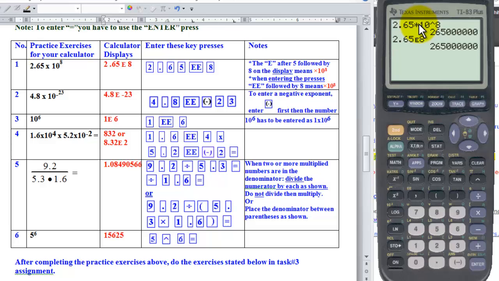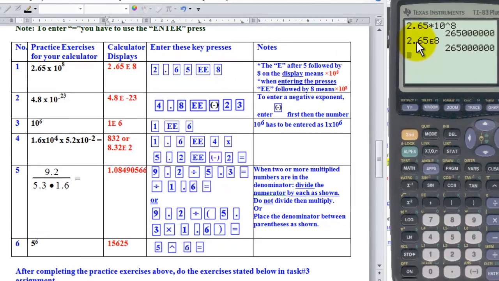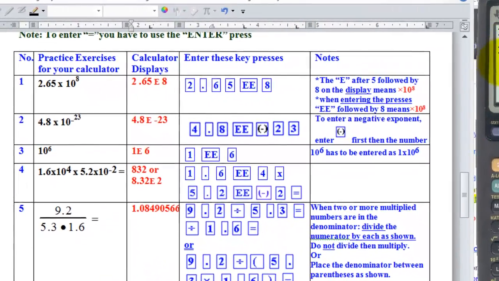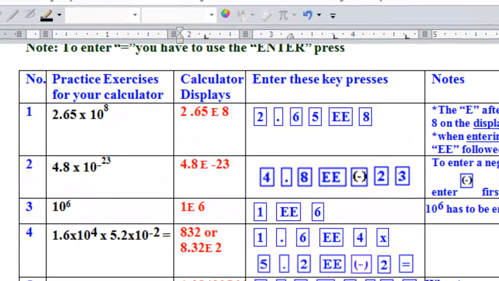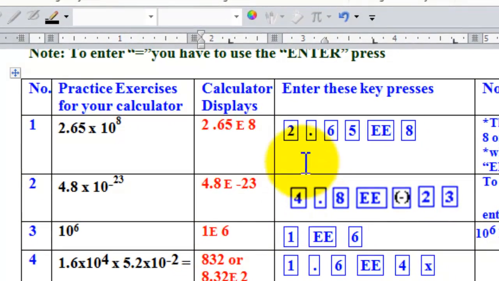So in order to avoid all this headache, just learn how to use the EE press. And that's the purpose of this assignment, to teach you how to use the EE in order to express power of 10 notation. So that was basically the first operation here, 2.65 times 10 to the power 8, which is 2.65 E8. And whenever you get this answer, you need to remember that E8 means times 10 to the power 8. So when you write down the answer, you need to write it as